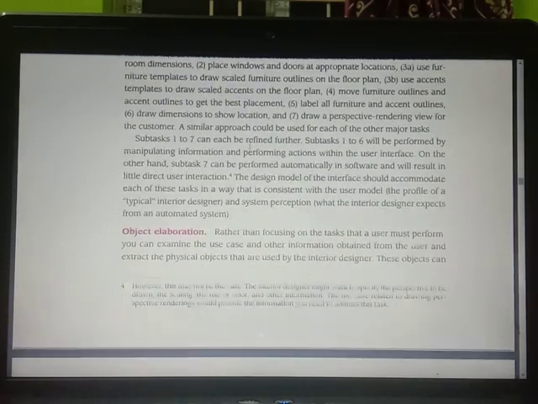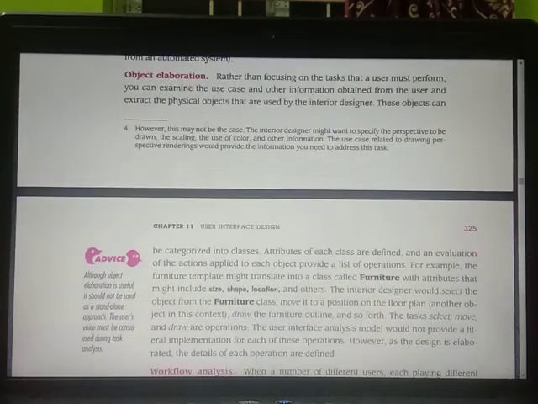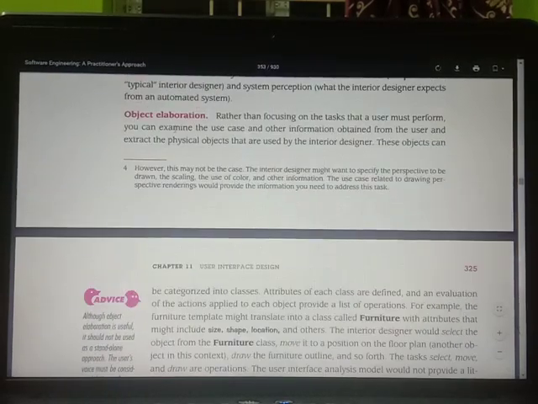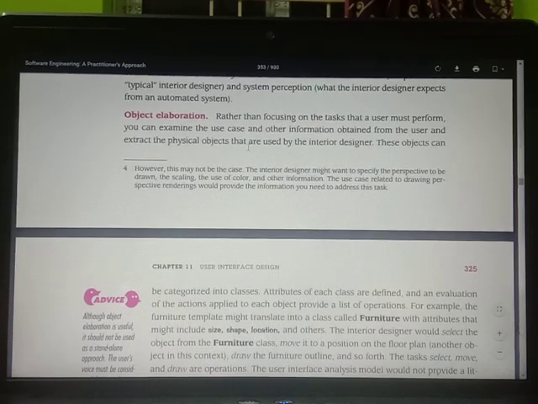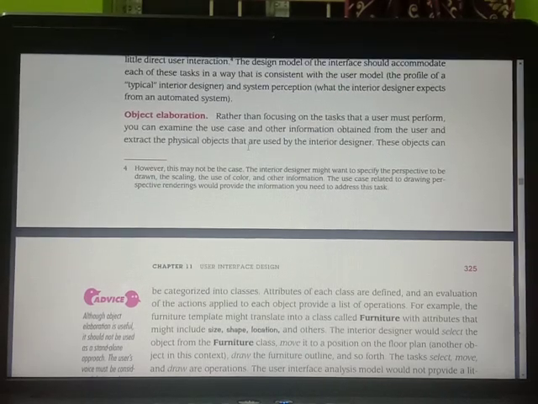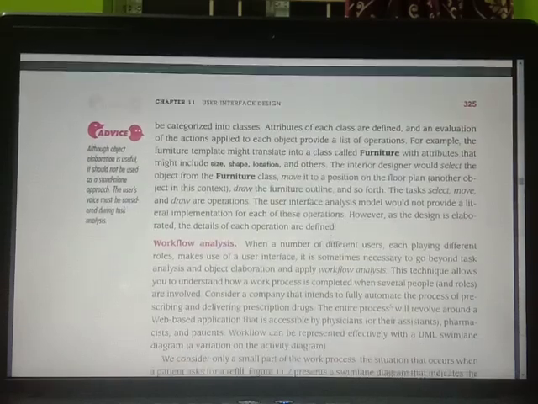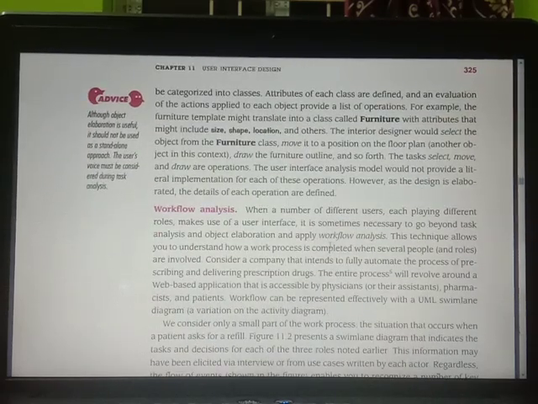So in this way the tasks are going to be elaborated for the interior designer example. So the next one is object elaboration. Rather than focusing only on the tasks the user must perform, take the use cases obtained from the user and extract the physical objects that are used by the interior designer. These objects can be categorized into classes. Attributes of each class are defined.